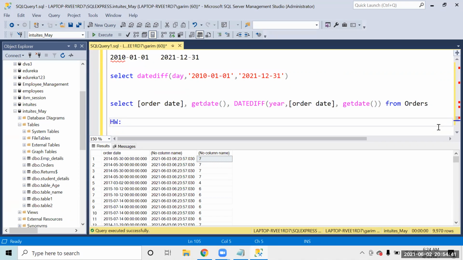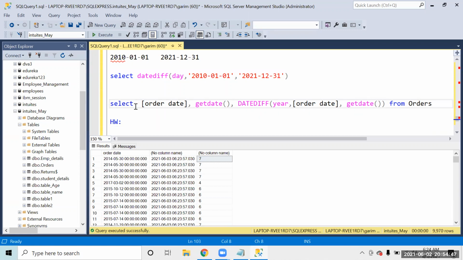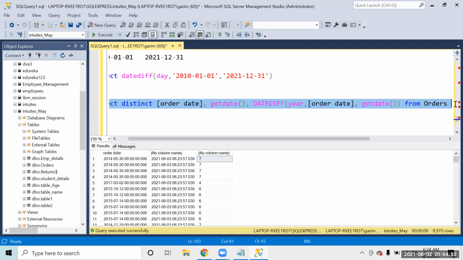Okay. So now, if you see over here, the order date is when the order was placed, so I used DISTINCT also, to get the unique records. Now if I talk about this person, take a look at this row. This is the person's order date. We are assuming that as a birth date. So he was born on 19th of June, in 2015. But today is 3rd of June. So his age is coming as 6.